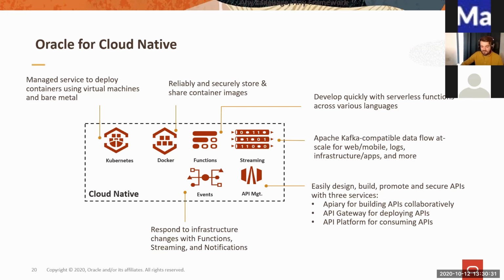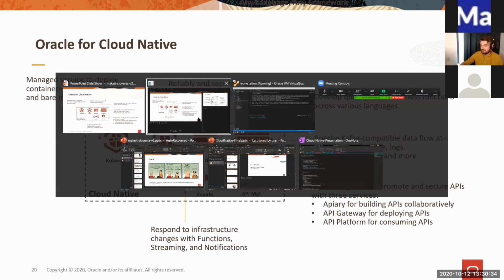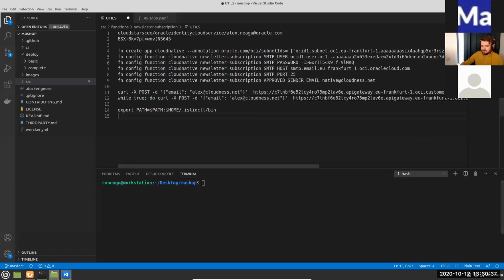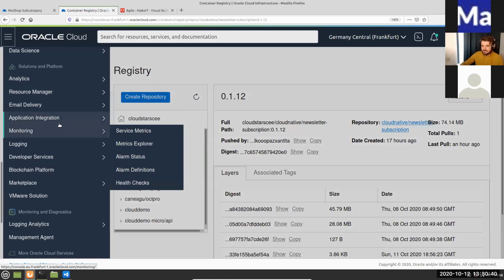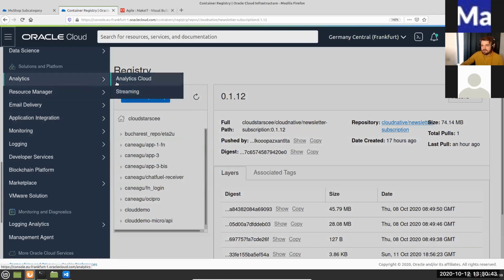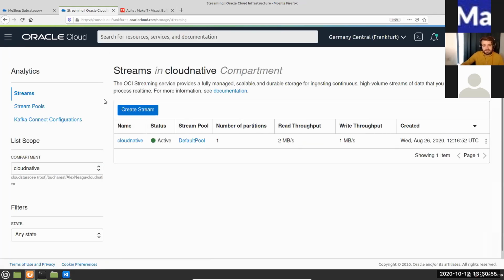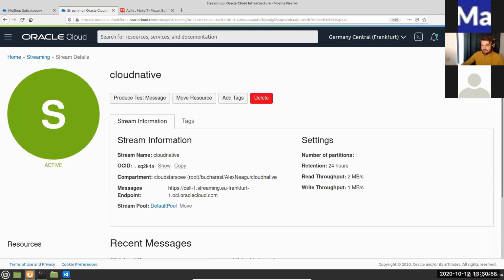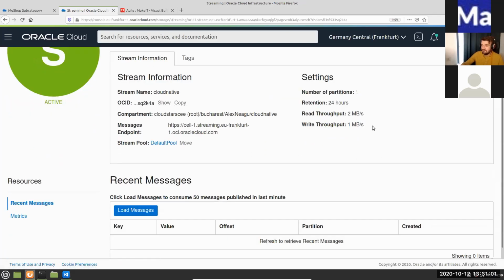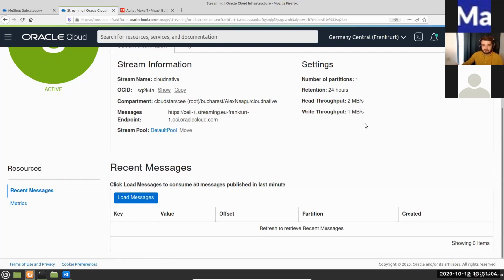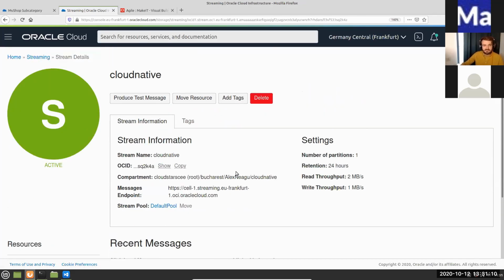Besides that, we have streaming, and we are using streaming in our application. Let me take a look at that. You can find it here under analytics. If you go to streaming, we are using it basically as a message queue, right? So we are handling the orders part of our application using streaming. And again, it's a fully managed service. You just need to declare the value required for throughput, for read throughput and write throughput, depending on how many messages you are going to publish or retrieve. And that's it. You can use it as a message queue. And in our sample reference app, we are using this also.